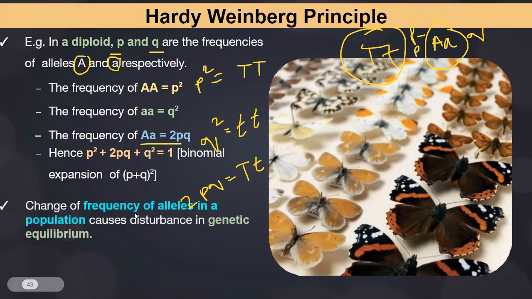So change of frequency of an allele in a population causes disturbance in genetic equilibrium. If there is any change in this, then it will not be equal to 1. When everything is proper, normally balanced, then it will be equal to 1. And if there is any change, that will be due to evolution only. So this is what